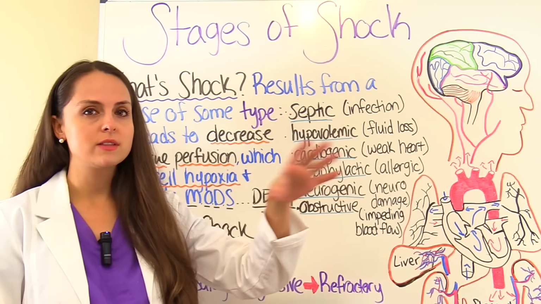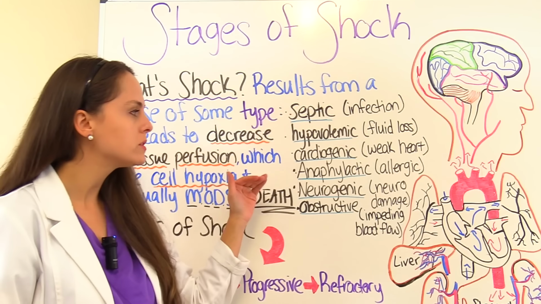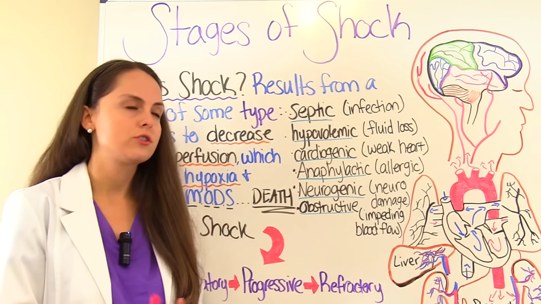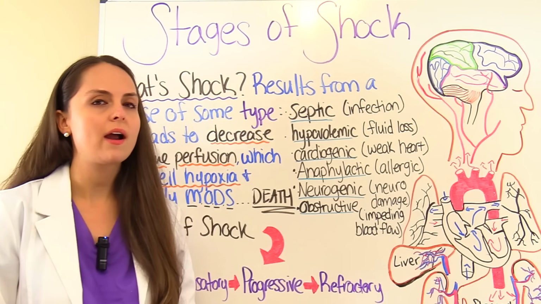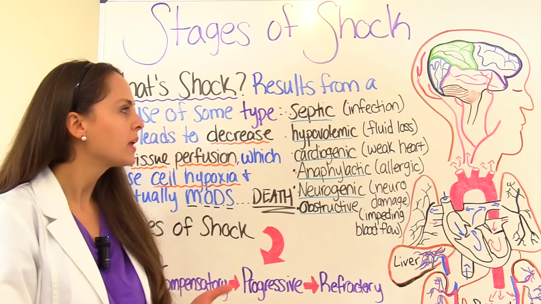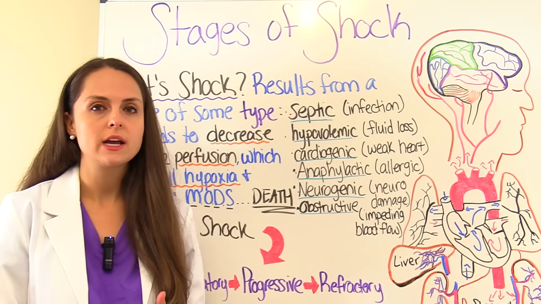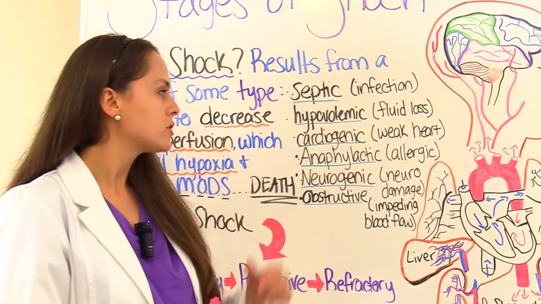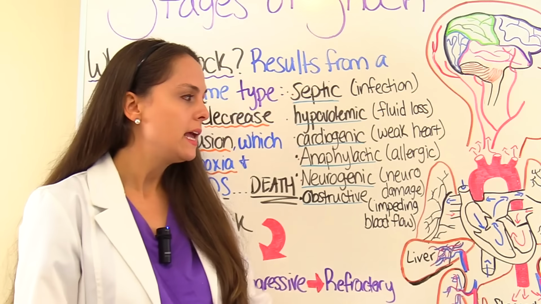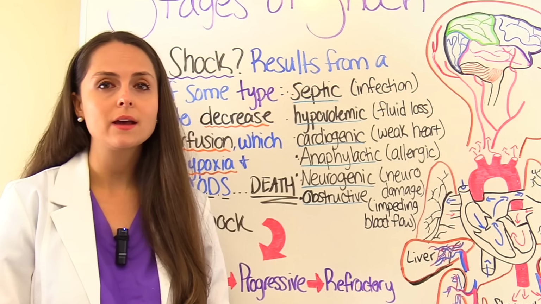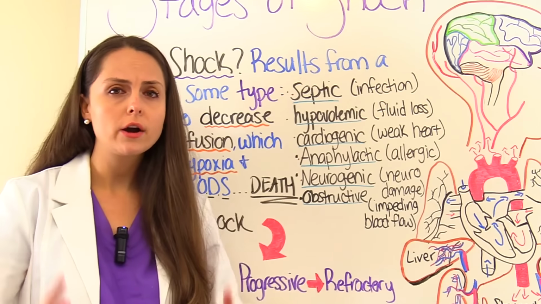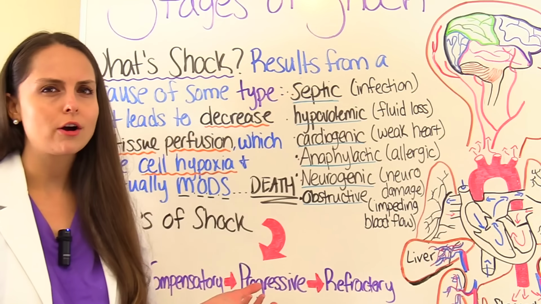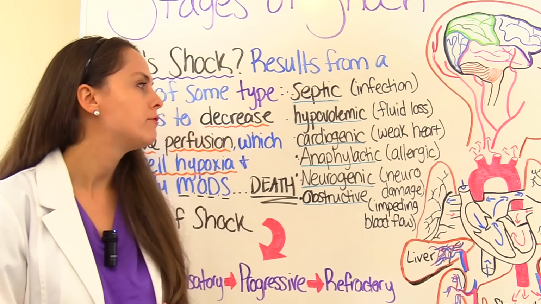Then in the next videos within this series, we're going to talk about these individual types of shock and talk about their nursing interventions. So what are the various types of shock? Well, we have septic shock, and this is where a patient has a severe infection. Another type is hypovolemic shock, and this is where the patient has lost a massive amount of fluid. There's also cardiogenic, and this is where the heart is just really weak. It can't pump. If the heart can't pump correctly, it can't put out blood. So the cardiac output decreases, hence tissue perfusion decreases.